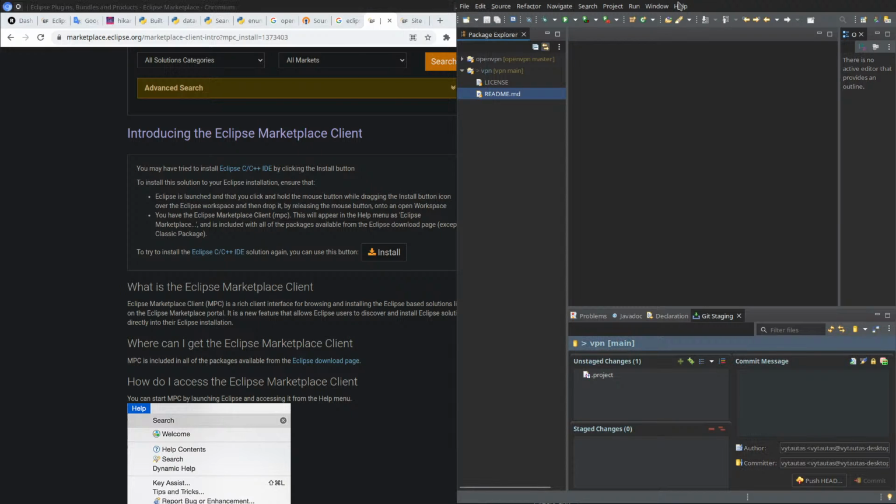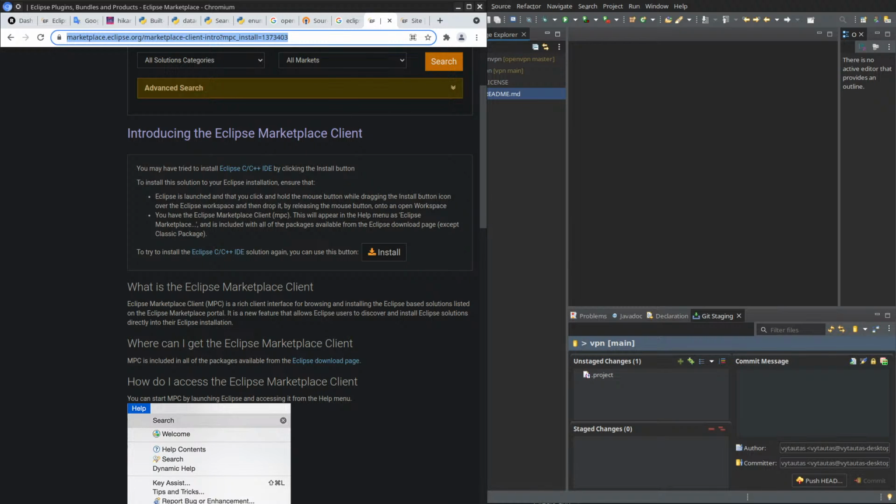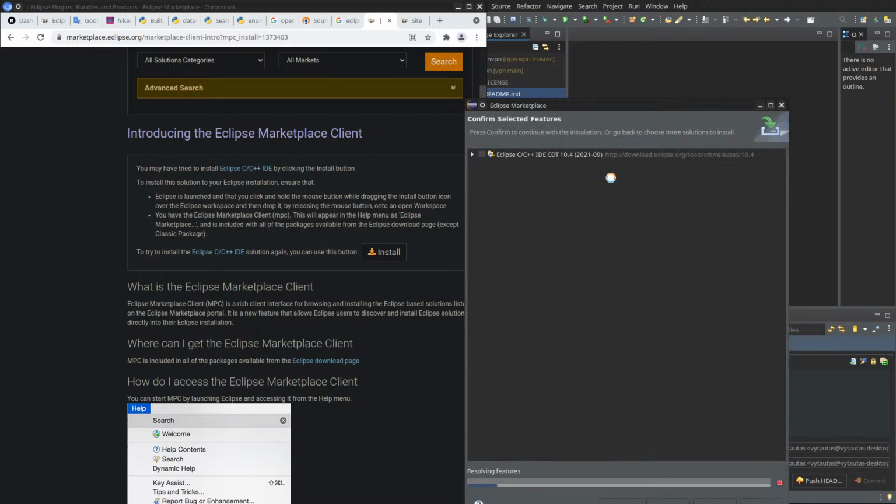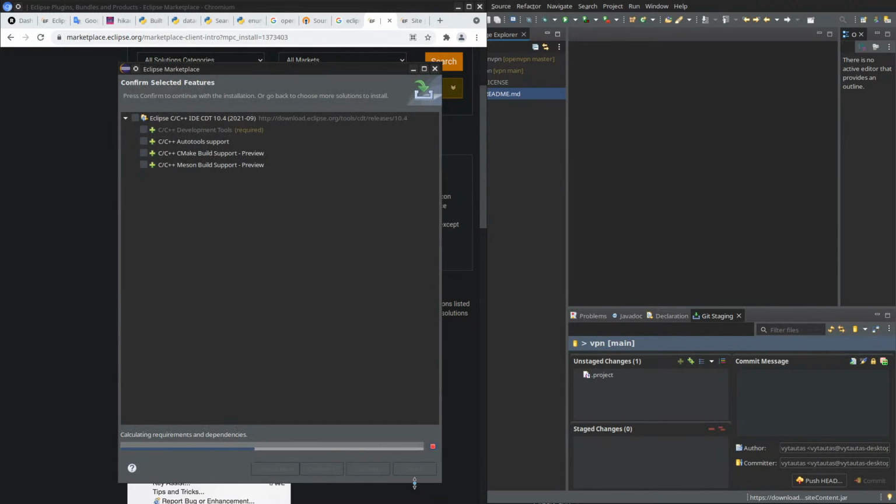I guess I should try it in a different browser. Yeah, so I guess Chromium doesn't really work. Yeah, Eclipse C++. Confirm. Yeah, the marketplace search is not all that great, I guess.